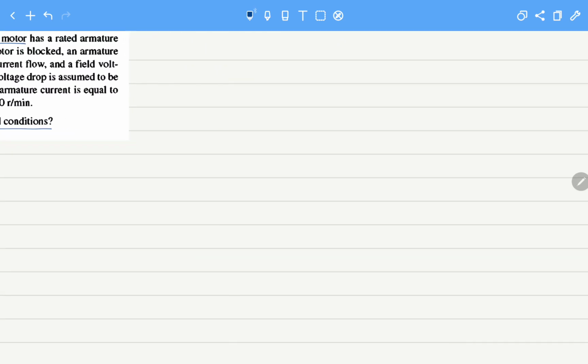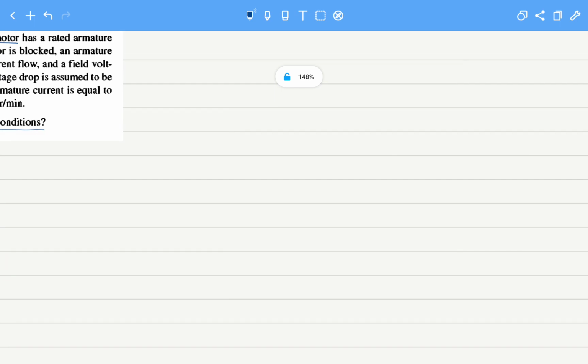So whenever we have a question about the motor, how much power is being output from the motor, one of the most important things that we must know at this time is the motor's power flow diagram. How power flows inside a motor. So as we see in the power flow diagram, if we have the motor,